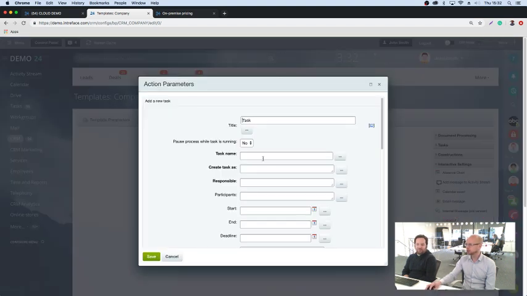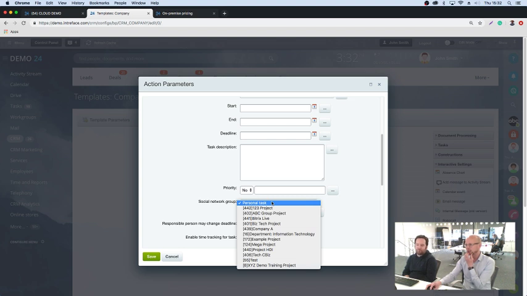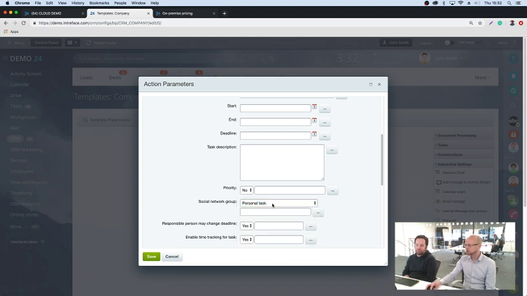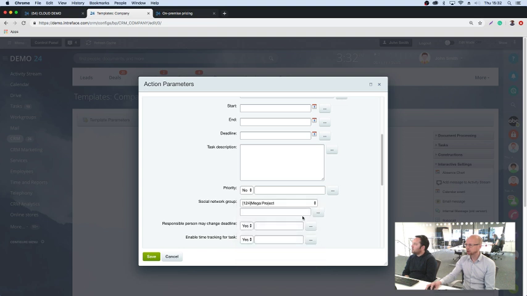One thing you have to remember to do in here is select your social network. So if you leave it as personal task, it'll create a task that's not inside a work group. But if you select the work group you want it to go in, then let's say this is your client mega project, then your task will sit inside that work group. You can